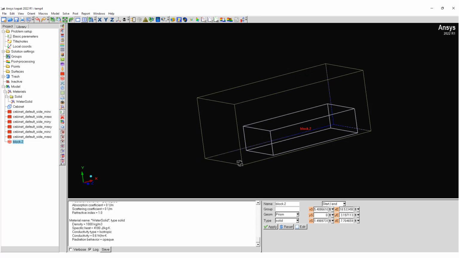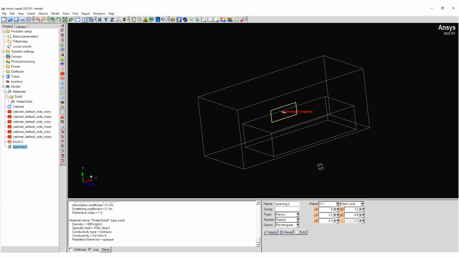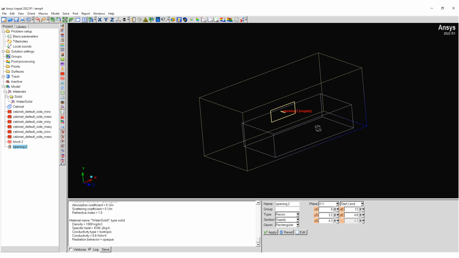So I have a big block of material in there, and now I'm going to put in an HVAC system. So this is cooling. We probably want to put the cooling on top, let it drop down, and then we suck it back out somewhere. So let's put in an opening. One of the nice things about opening in Icepak is we can make this a recirculation opening, which means whatever we extract a certain amount of energy from the system during the